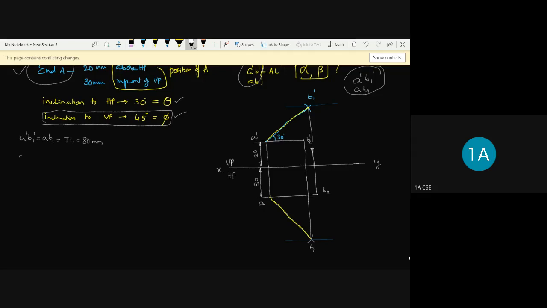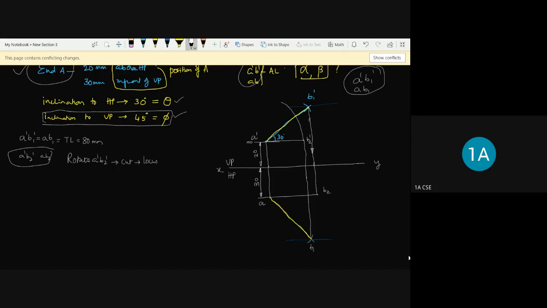Now I got A dash B2 dash and also A B2. Once you get this, these are nothing but the radii to rotate a line. A dash is the center. You need to rotate this A dash B2 dash line so that it will intersect the locus line B1 dash. I am showing it like this.